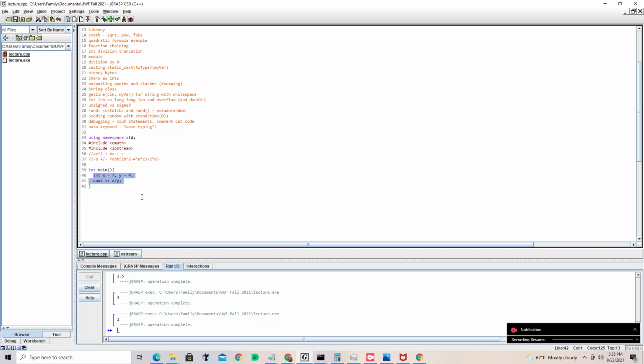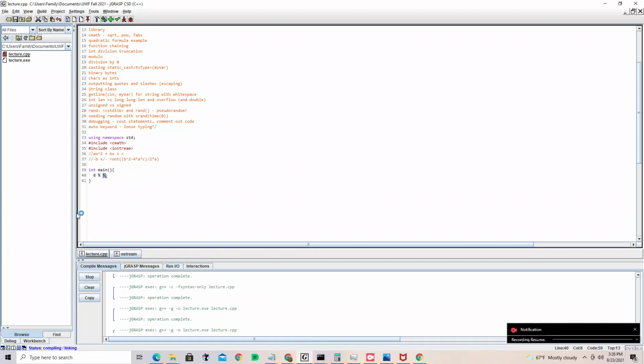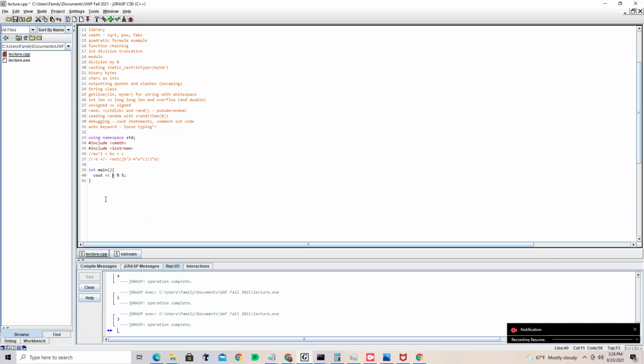Another interesting operator that we have is the modulo. What modulo division does is it repeatedly subtracts the number on the right-hand side from the number on the left-hand side until it's a number smaller than the number on the right-hand side. The remainder is going to be the modulo remainder. I'll give you an example. 8 modulo 5 is 3. 13 modulo 5 is also 3. Do you see why? We subtract 5 from 13, we get 8. Subtract 5 from that, we get 3. It's less than 5, so there's our answer. It is 3. Where this particularly shines